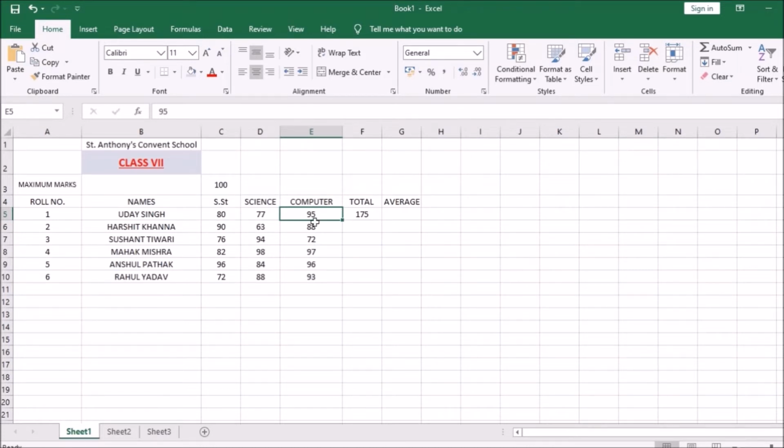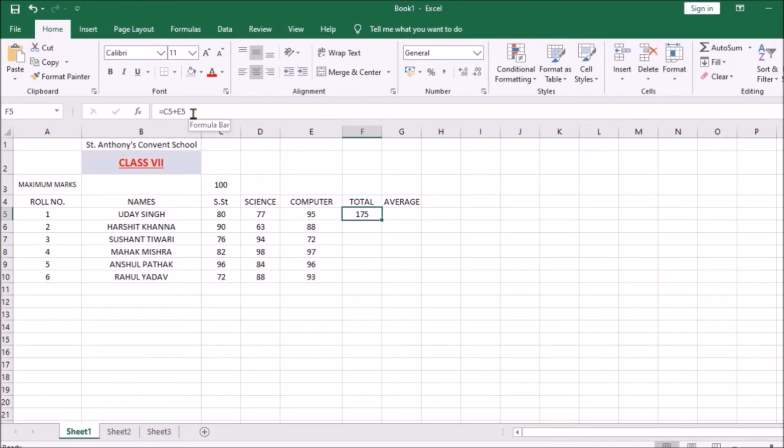But one thing you notice is that D5 is not added, because when you typed the formula you did not give the address of D5. When I click here, you can see the formula in the formula bar, while in the cell you are seeing the result. That is why it is called the formula bar, because in the formula bar you get to see the formula. So you can see that C5 and E5 are being added.